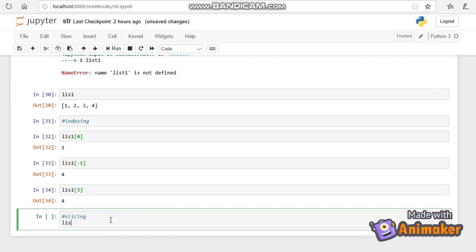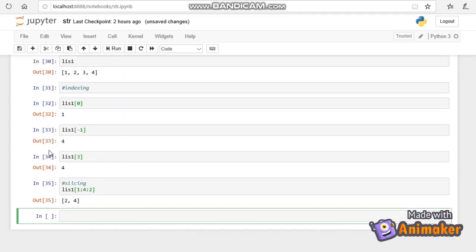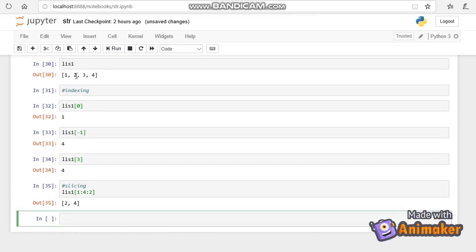List 1 of 1:4:2, so that 2, 4 will be printed. The first index position is 1, so 2 is printed. Another, 4, is the last index. We should leave one element, so 2, the third one is left out and the fourth one is printed.